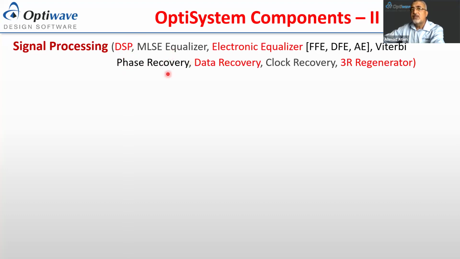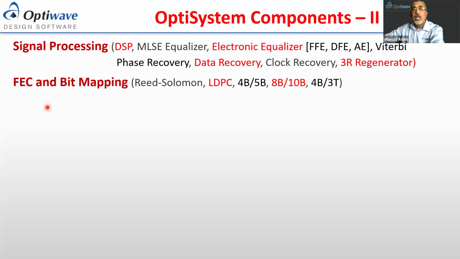We have equalizers, different types of equalizers. We have data recovery, clock recovery, and 3R regeneration, including the data recovery, clock recovery, as well as the amplitude recovery at the same time. We have different types of forward error correction. We have the Reed-Solomon algorithm, low density parity check, and then also we have different mapping schemes which can be used in the system. Detectors, we have PIN detector, we have APD detector, and then we have a single photon detector